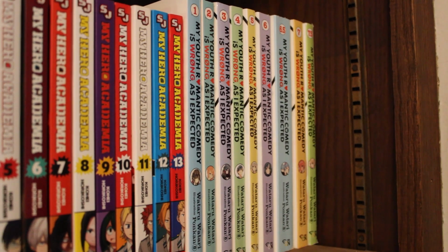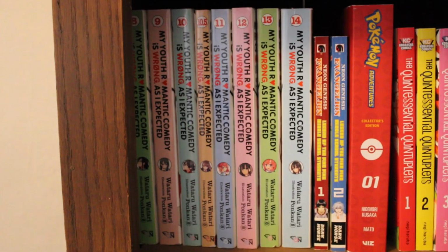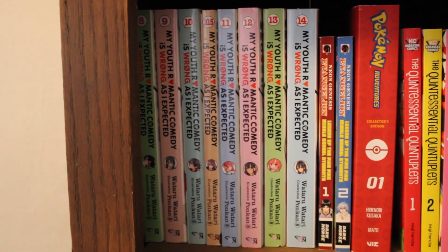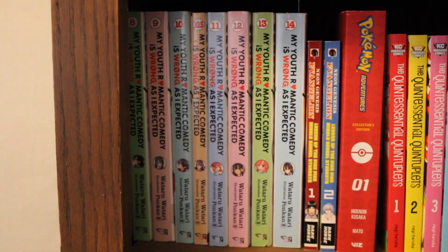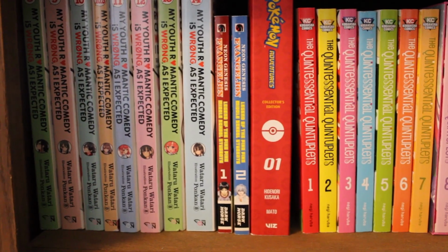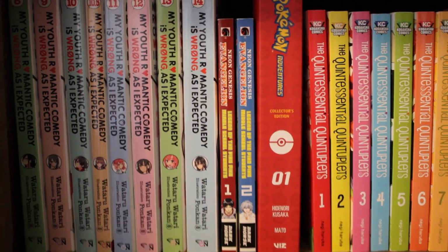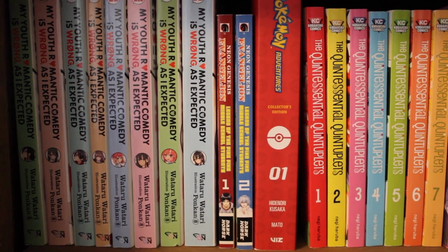And the rest of Origairu is down on the next shelf, which we will be getting to now. Alright, here is the rest of Origairu, which you guys already know that I love this series. I literally talked about it in this video. Yukino #1. But next to it, we have Neon Genesis Evangelion Legend of the Pico Pico Middle School Students. If you missed that video, you should totally check that one out, and you will know exactly how I feel